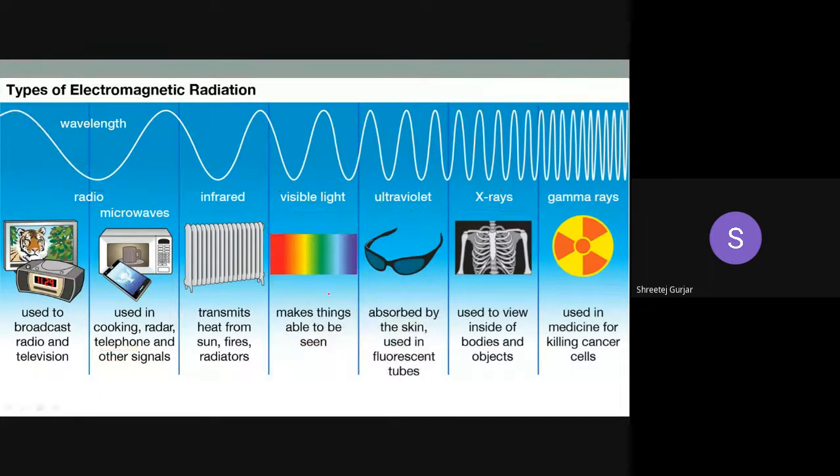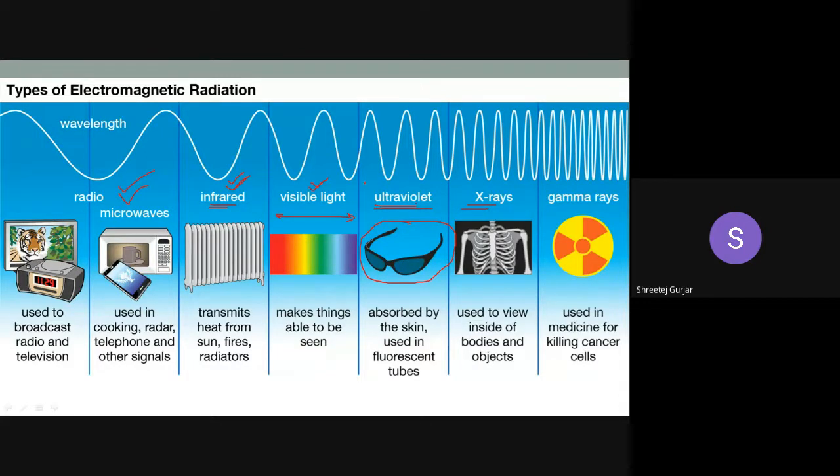Whatever you are able to see is within this range. You are not able to see infrared with your eyes, but if you look through your mobile phone camera, the infrared light can be seen. Microwaves are also not seen through your eye, neither are X-rays nor ultraviolet rays. What we do instead is protect ourselves from ultraviolet rays. They are harmful to your skin and to your eyes.